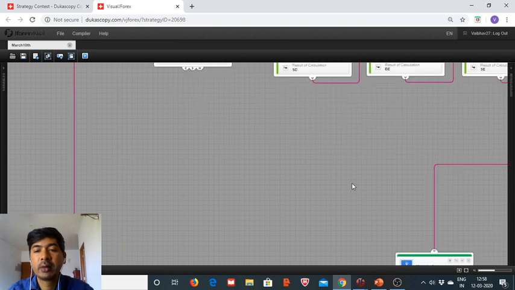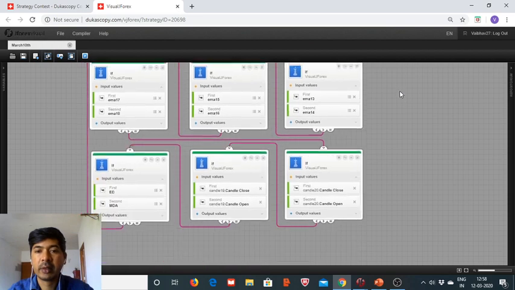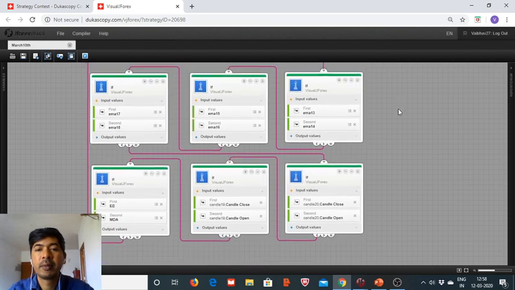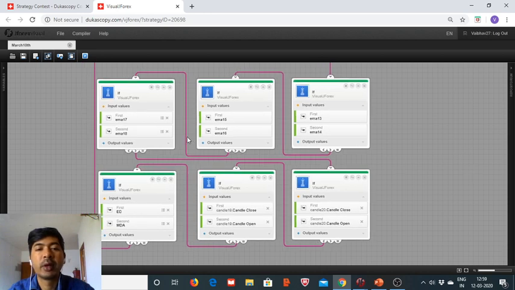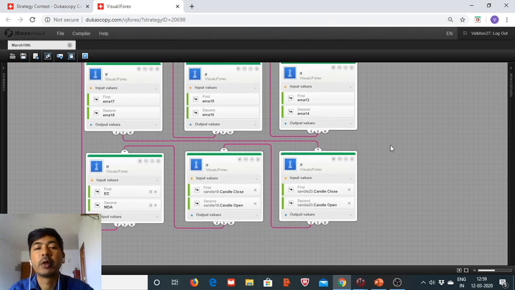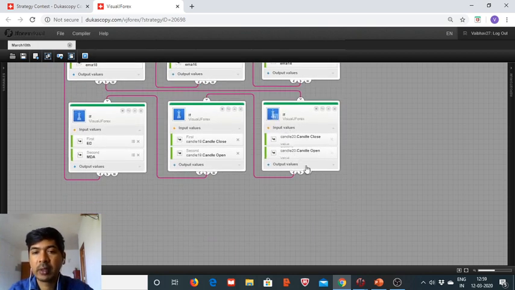And then this is the setup so far. EMA 10 should be above EMA 20 for 1 hour, and same crossover should be in the bearish territory 10 hours back. So this is inverse here, and this is for the 4 hours. The EMA 10 should be above EMA 20 for 4 hours, and then these are to check whether the